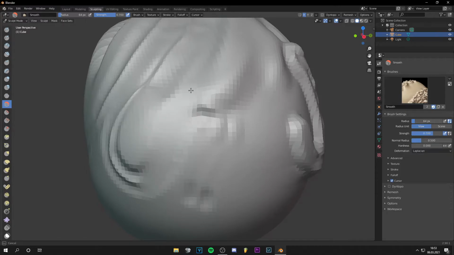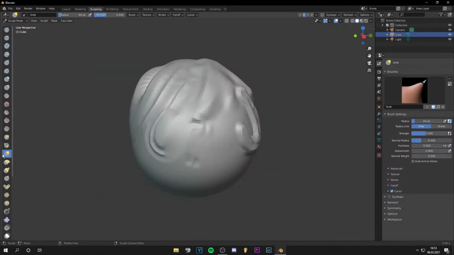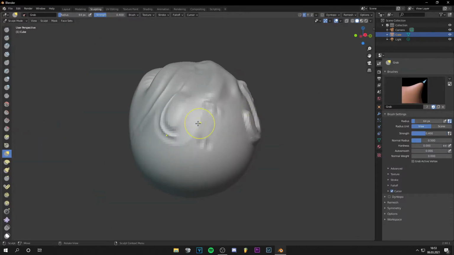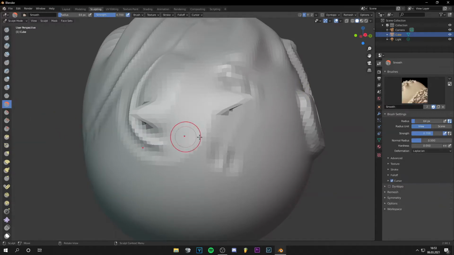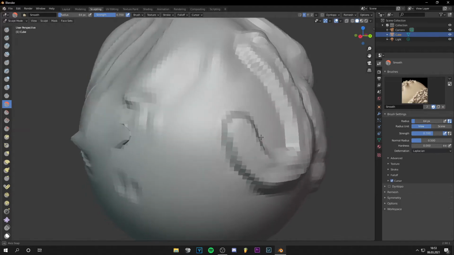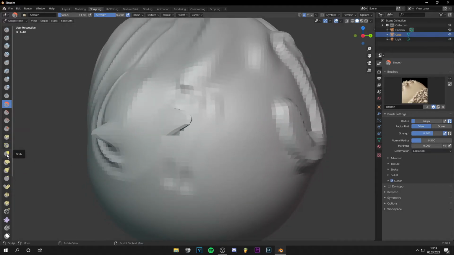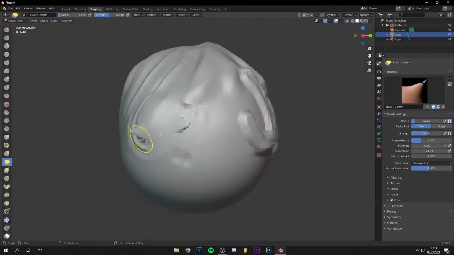And let's undo that with the smooth tool. And the next tool is the grab tool. With the grab tool you can just grab one vertex at a time and drag it out, and then maybe smooth it a little bit or something, I don't know. I think this is not useful, but the elastic deform is way more